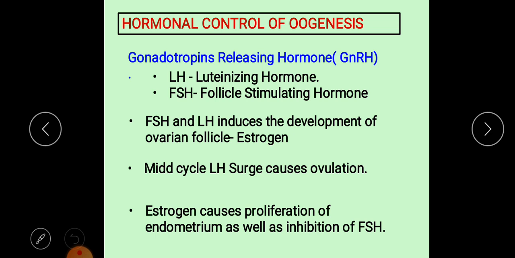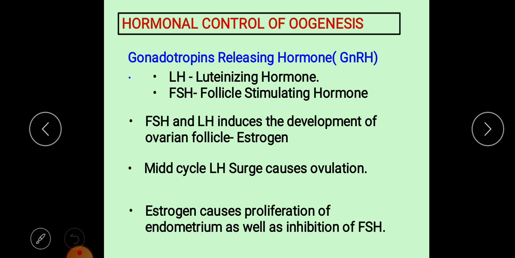The reason we make this division is that the different hormones involved in this menstrual cycle have slightly different functions in these two phases. So let us begin with the before ovulation process, in which all the hormones play an important role. In this process three important organs are involved.